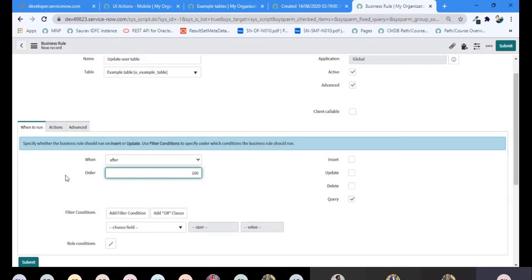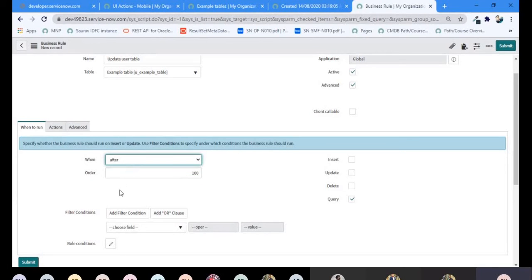Correct? So in such a scenario, where we don't want the result right now, where we don't want the user to wait for the result, and the user is not concerned about the result right now, we will use an async business rule. Whatever script we write in an async business rule will run in async mode, and it is not guaranteed when this script will run.